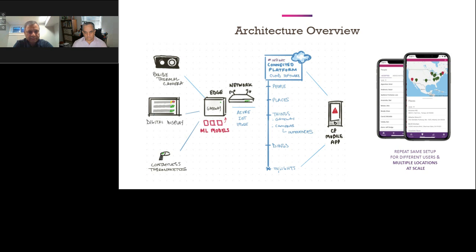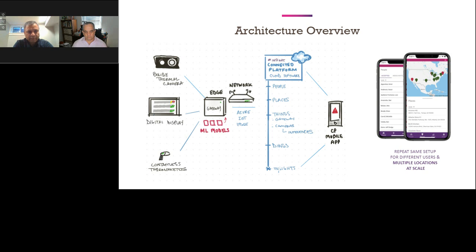So in our situation, and this is at a very high level, we organize that you have multiple leaf nodes, which are the sensors connecting to an edge device. And what we do is we try to do most of the compute on the edge device. And the reason is all of you know that you want to reduce the latency of response. And if you want to create machine learning models, you want to make sure that the model is being executed on the edge so the results can be fast. And also, you don't want to send all the data that is coming from the leaf node to the edge device and back to your servers.